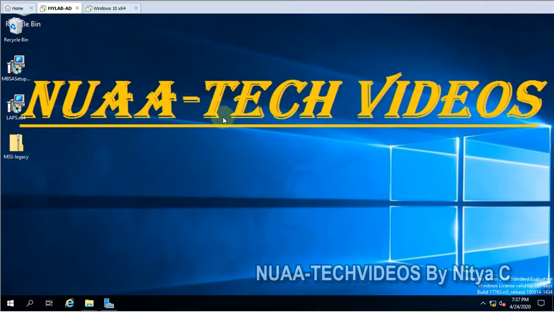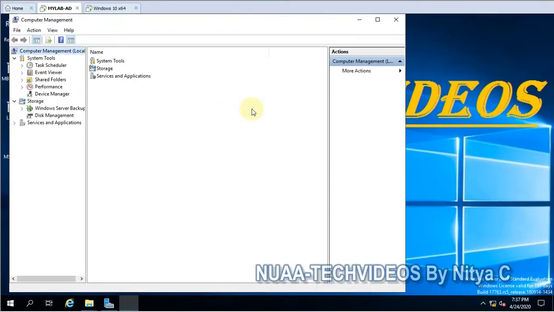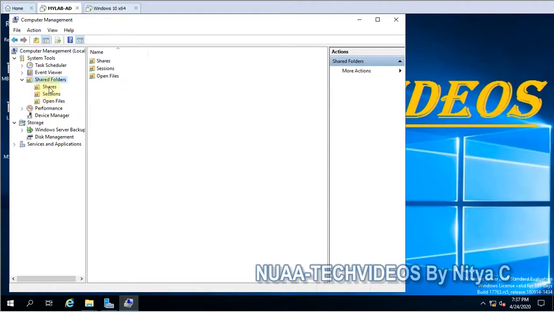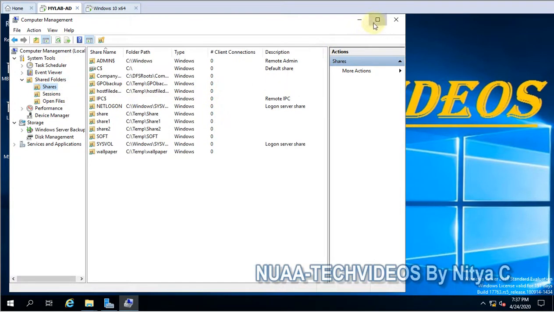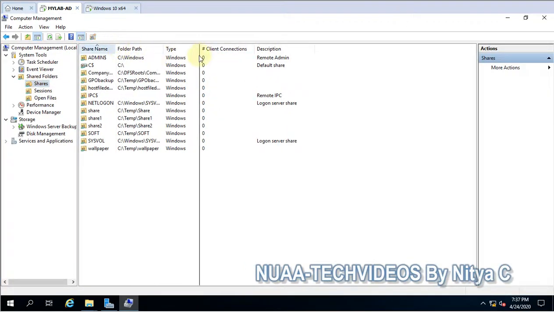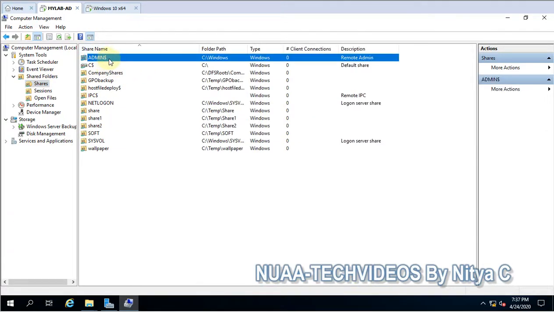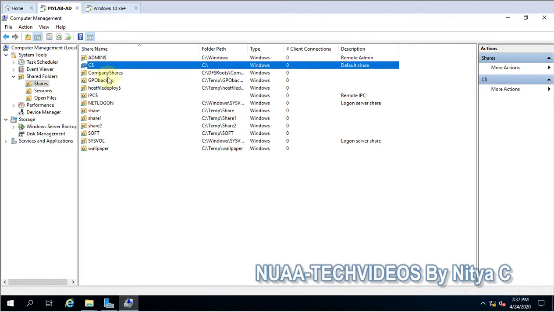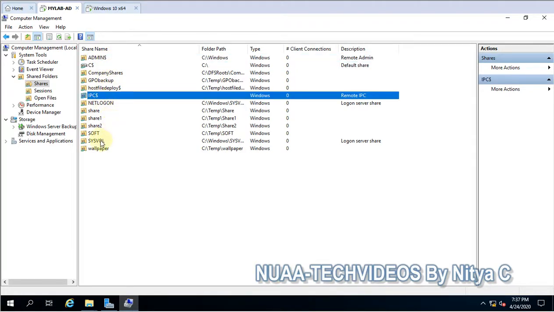You have to open Computer Management, and here you can see some shares with the dollar sign: ADMIN$, C$, and IPC$. These are default shares in every operating system so that the administrator can access the files.